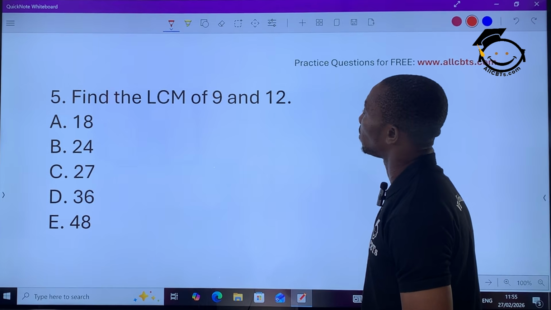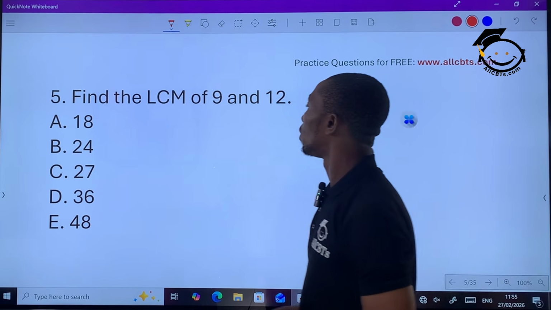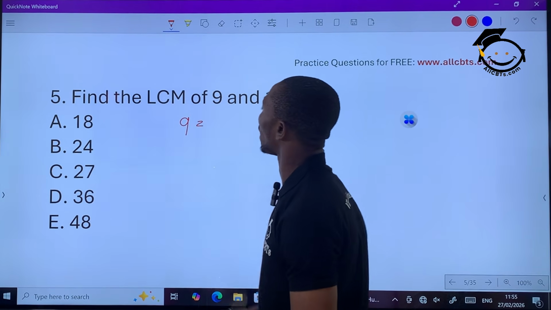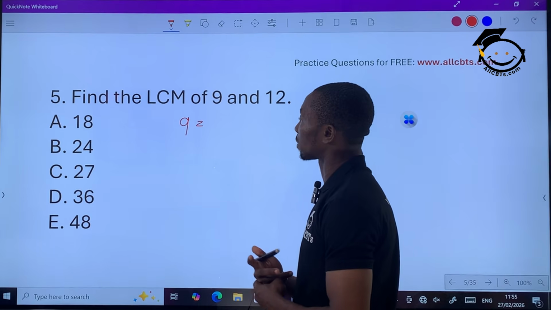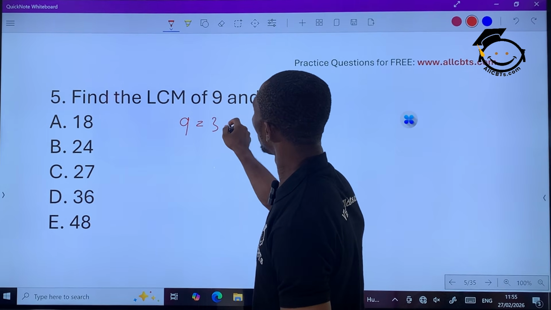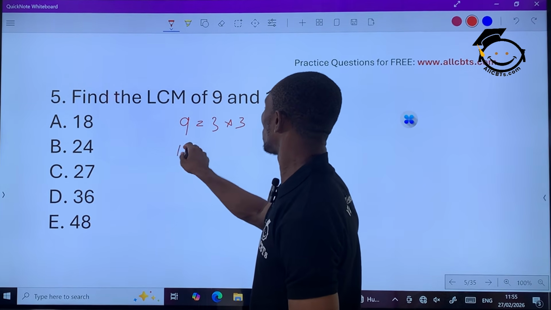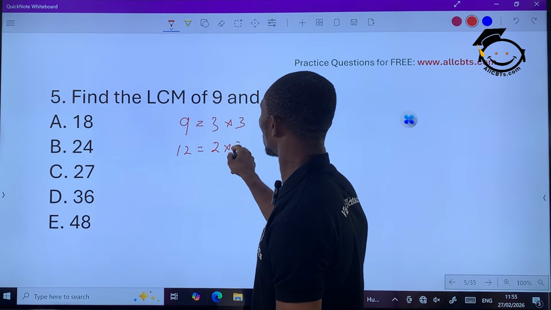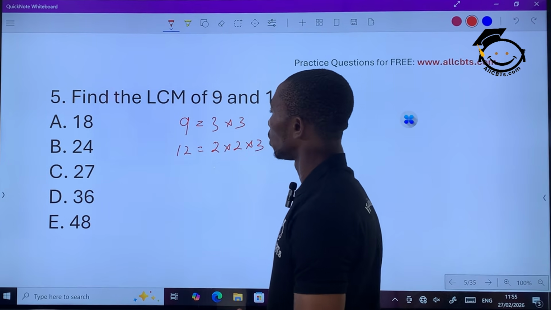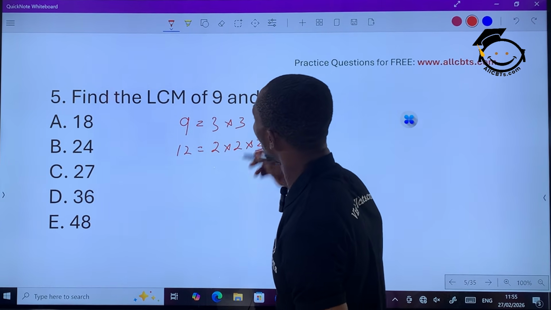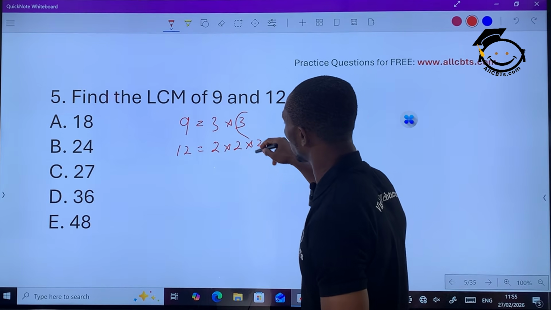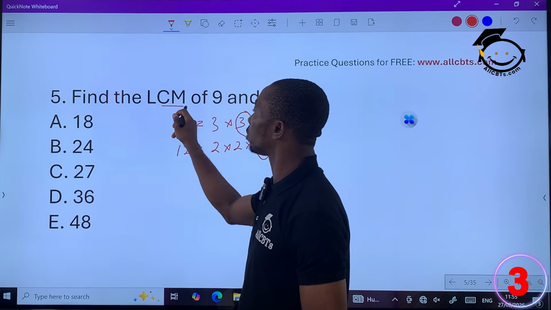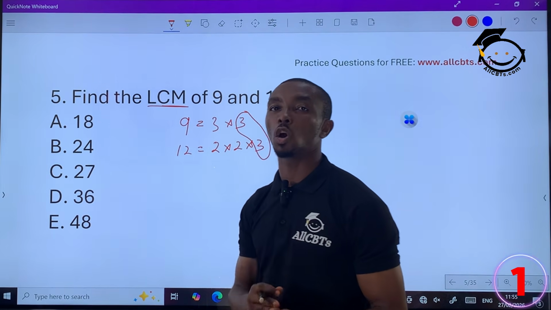Find the LCM of 9 and 12. Let's first of all factorize 9 into its prime factors, which will be 3 times 3. And 12 in its prime factors would be 2 times 2 times 3. Now we consider, are there common factors? Yes, the common factor is 3. Since we are looking for the LCM, which is the lowest common multiple,